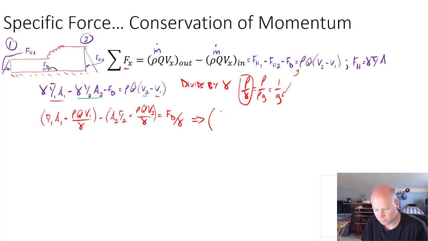The other thing that we're going to do is get rid of Q and V. Since velocity is related to flow rate based on the area, what we can do is say that the flow rate squared divided by the area will give us the flow rate times the velocity. So